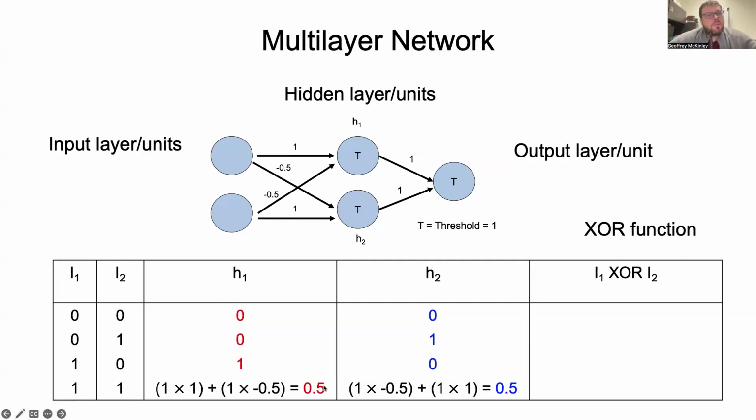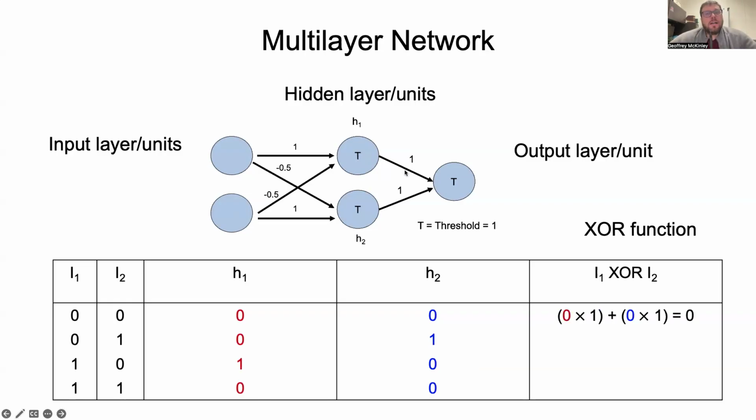And then finally, we can do this here. So when input one and input two are both one, that means the inputs to H1 and H2 are both going to be 0.5, which are less than the threshold of one. And so the outputs turn into zero, right? And so now, if you plug in these outputs,